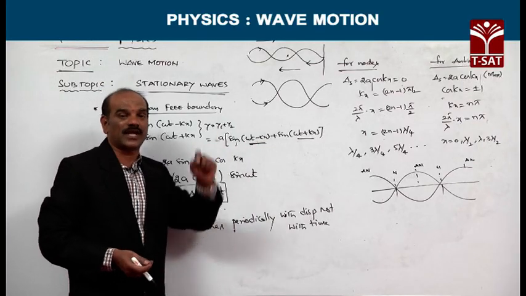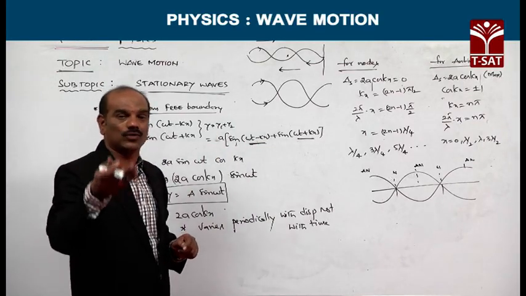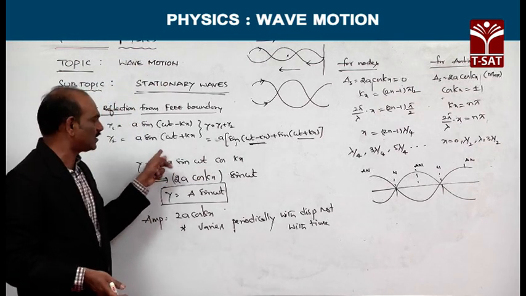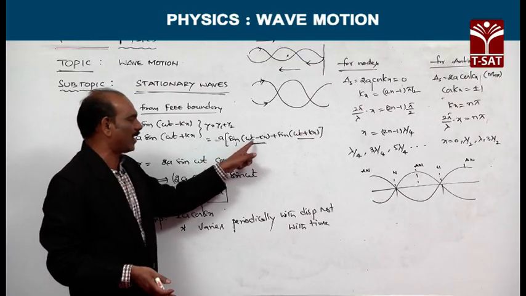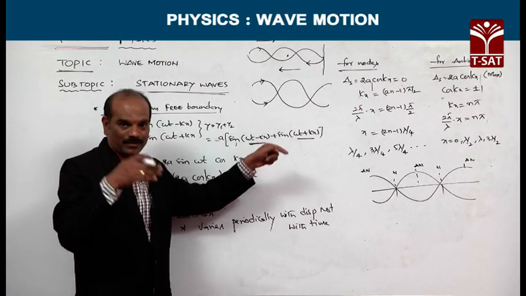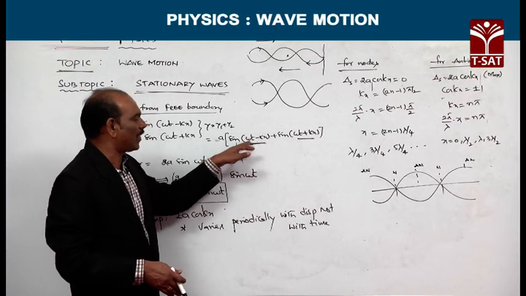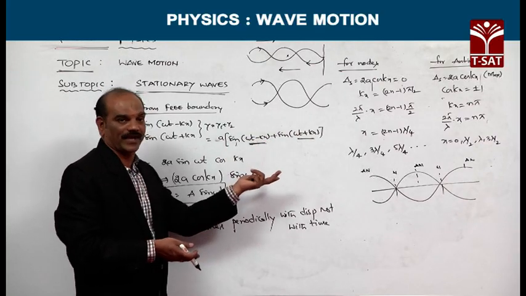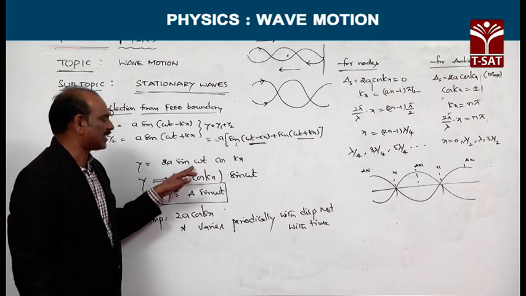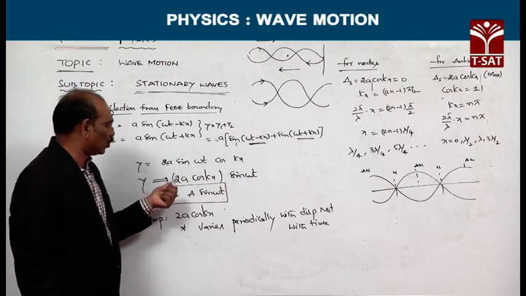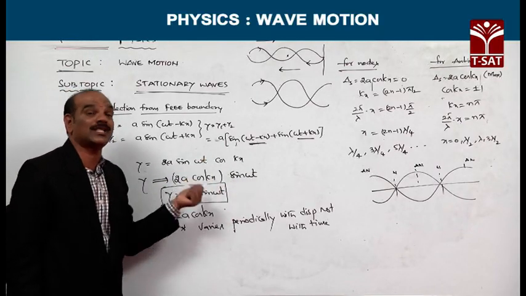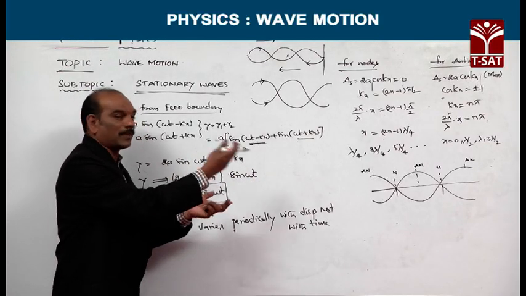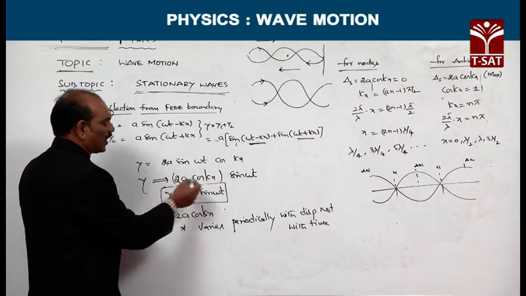We know the formula for sin C plus sin D: 2 sin((C plus D) by 2) cos((C minus D) by 2). Using that formula, this can be simplified as 2a sin((omega t minus kx plus omega t plus kx) by 2) cos((omega t minus kx minus omega t minus kx) by 2). After simplification of that, we will be getting 2a sin omega t cos kx. So, 2a cos kx sin omega t. This is in what form? y is equal to something sin form. This also represents a wave. So, y is equal to 2a cos kx